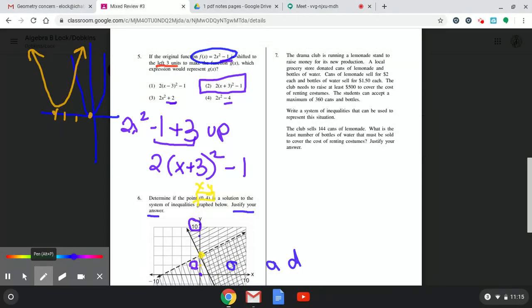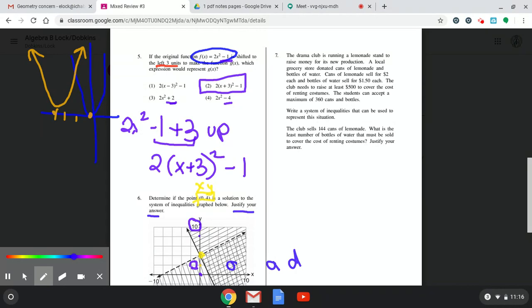So looking at number 7, the drama club is running a lemonade stand to raise money for its new production. A local grocery store donated cans of lemonade and bottles of water. Cans of lemonade sell for $2 each, and bottles of water sell for $1.50 each. The club needs to raise at least $500 to cover the cost of renting costumes. The students can accept a maximum of 360 cans and bottles. So